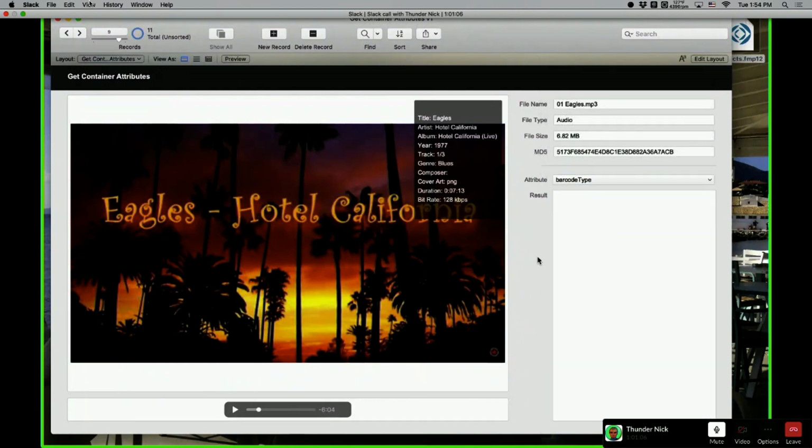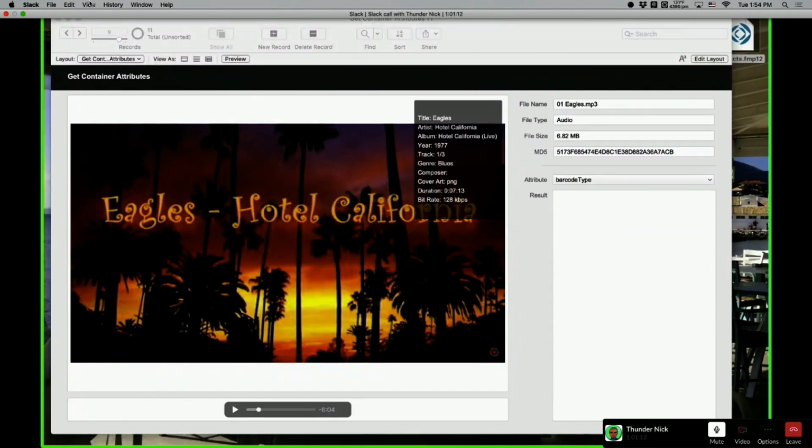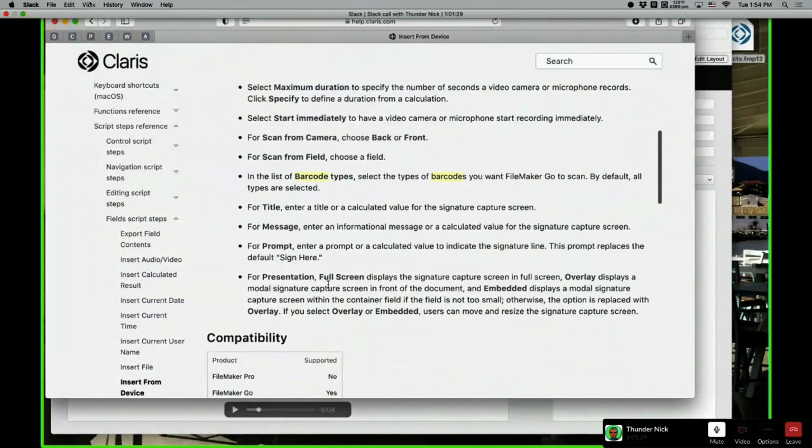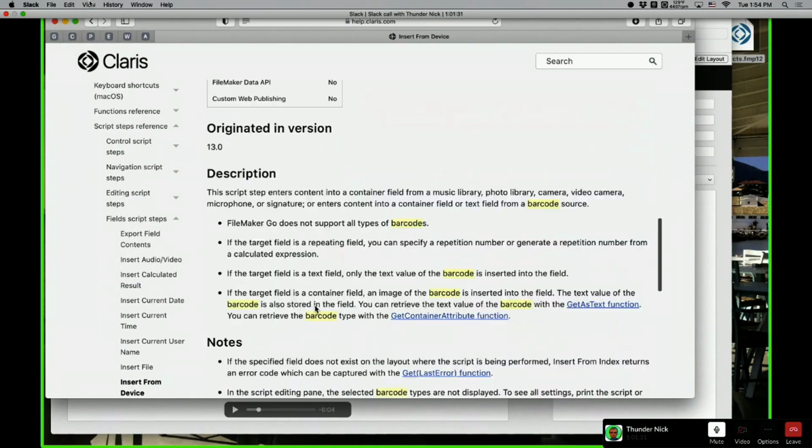You have all the barcode types that FileMaker can read. If you go back to the help, you will see all the barcodes that FileMaker can read. So you insert a barcode from Insert there. So here you have the barcode.